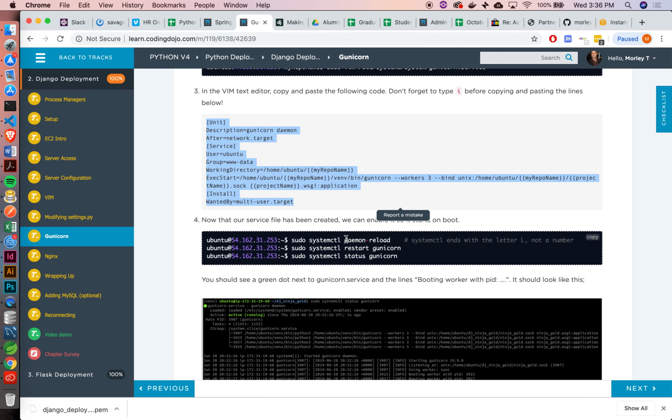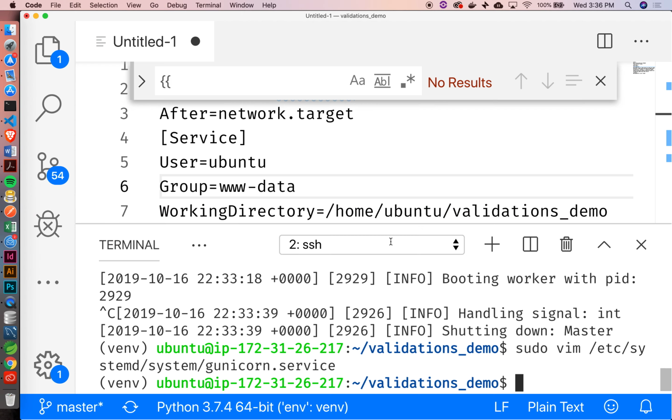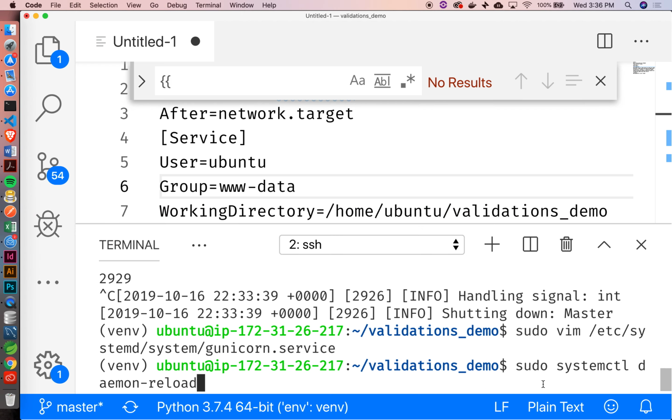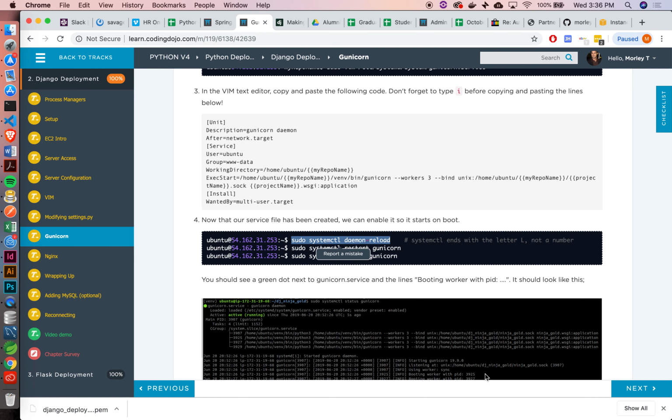So now what we want to do is actually run these commands to restart the daemon. So this is the process. Then we need to restart Gunicorn. And then we're just going to check the status of Gunicorn